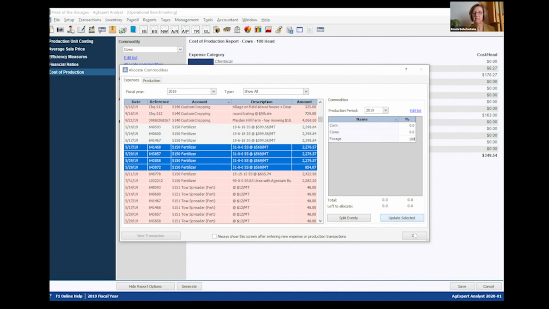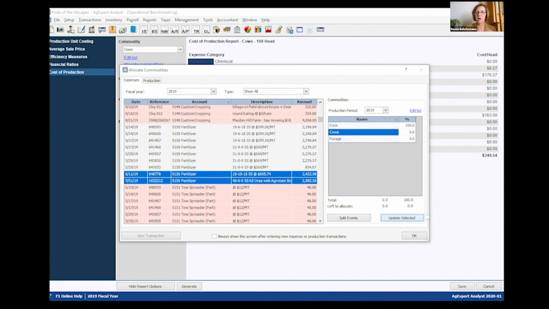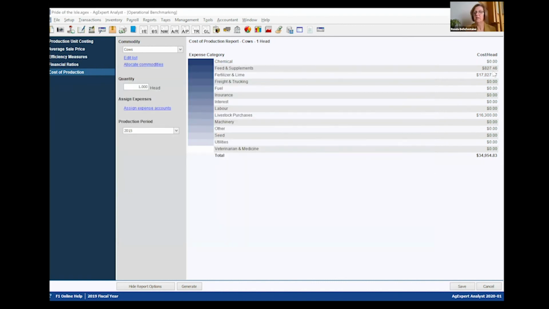And then when I'm finished, let's say I had done all of that, then all my numbers will be updated here. And I just have to change it back to my 100 cows. So then the numbers would be updated on my screen depending on which category that I'm looking at. This is a really, really quick, like this is a session in and of itself, but this is just to show you that once you have your data entered, you can use these things to do other types of